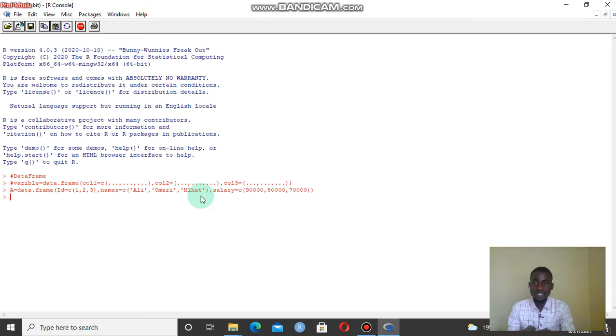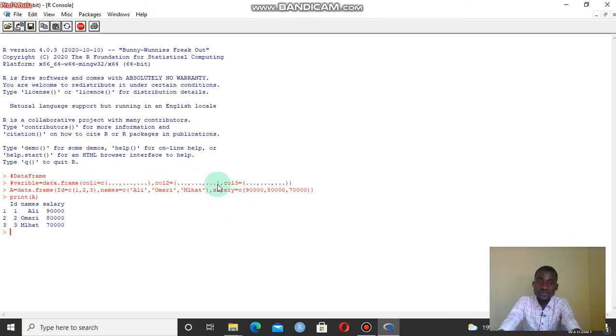So that is my data frame. When I print the data frame A, it will give us the columns of the vectors. The first vector is representing the ID, the second vector is representing the names, the third vector is representing the salary.